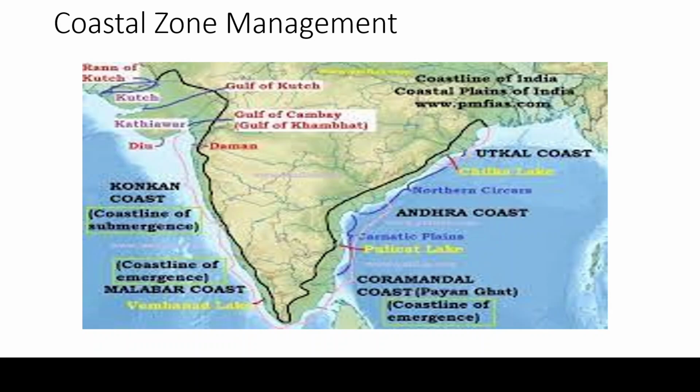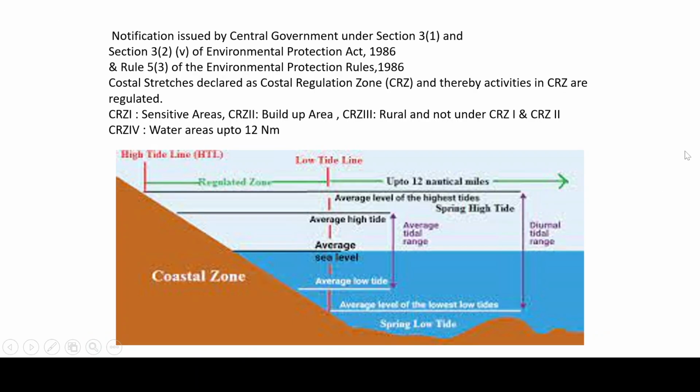Now let's try to understand what you understand by the coastal regulation zone. What do you understand by CRZ, coastal regulation zone? As the name suggests, regulation means control, right, in English. So basically it is the control of the central government over the coast. There are two types of control: one is the defense perspective, but we are not going to learn about that. We are going to learn about the environmental perspective here. So how well the central government is protecting our coast, that is defined in the coastal regulation zone, CRZ.